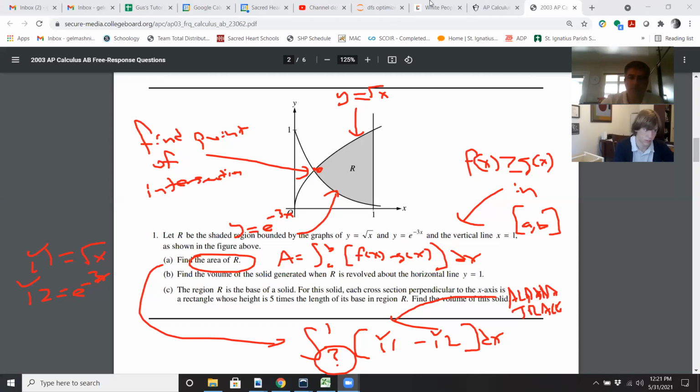Okay. So to find the point of intersection, you have to do second trace and select the intersect feature. It's going to give you the point of intersection for the two curves. I would immediately hit clear. And once you do find it, hit X in the home screen. It'll give you, it was